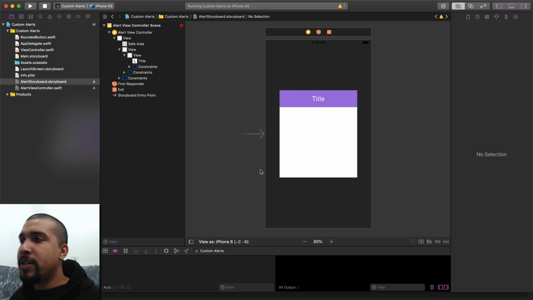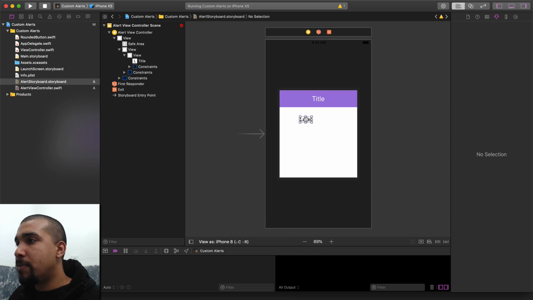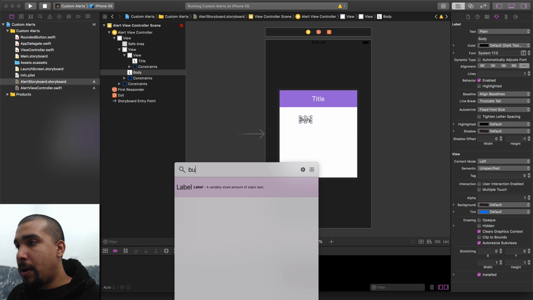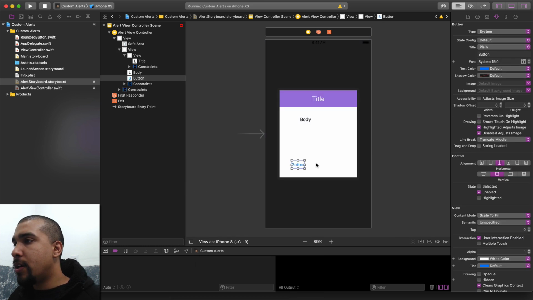Next, I'm going to have a body for our alert. And so that's going to be a label. So we want to add that label on right now, and this will be our body. But I'm not going to do anything to this label yet. I'm not going to add any constraints because we should get the buttons in here first. So let's go ahead and open up the object library. I'm going to grab a couple of buttons. So just 2 regular buttons, just one, and then